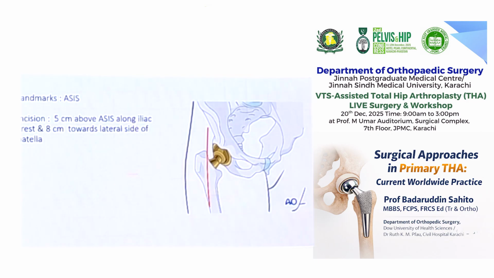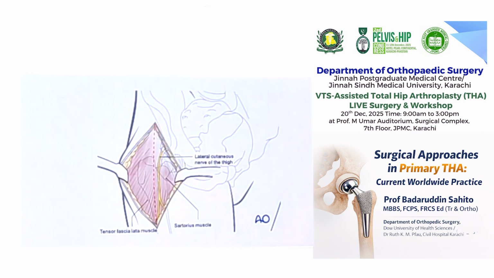So what is the landmark? Again, the same. The incision landmark will be 5 cm above the greater trochanter, 5 cm below. Okay, sometimes you can extend 8 cm onward when you do revisions. So first layer, what will be the first layer? Again, skin, subcutaneous tissue, and you will need to find out the lateral femoral cutaneous nerve of the thigh anteriorly, okay, and open this